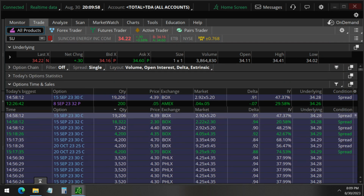Okay, so this 30 strike call here and the 32 strike call. Notice the trades are being done at the same time, right? And it's just a $2 wide call spread, okay? Which means the max profit you could get between these two is $2. And if you look at the price here, if they sell the 30 strike call for $4.39 and buy for $2.30,